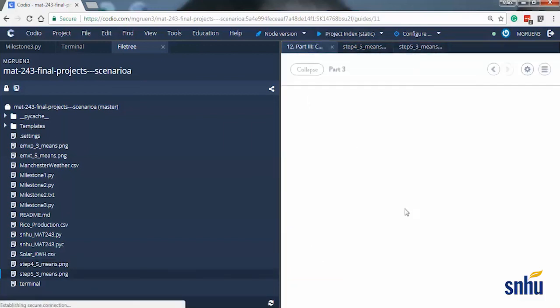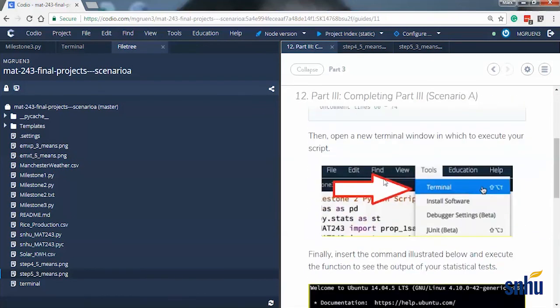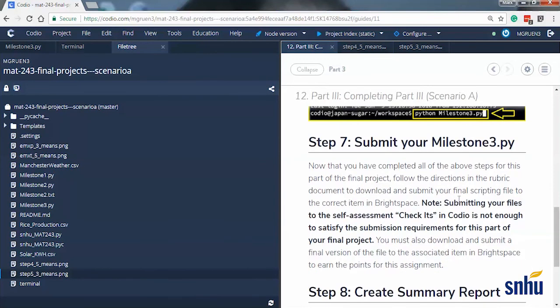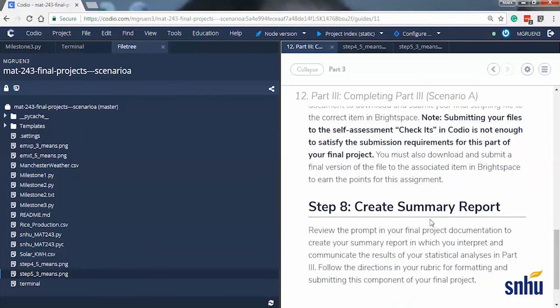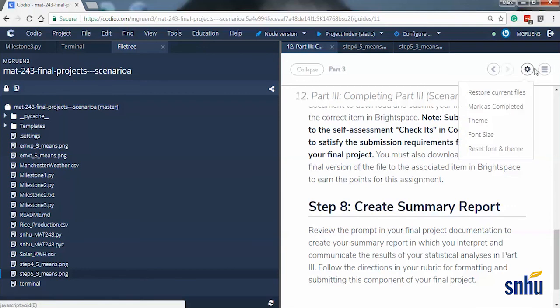And that should be all that you need to do in Codio. Remember that there are additional steps that you need to complete within the LMS, just create your summary report. So be sure that you follow all the steps outlined in the rubric, and let your instructor know if you have questions. On one final note, while you can now mark this as completed,